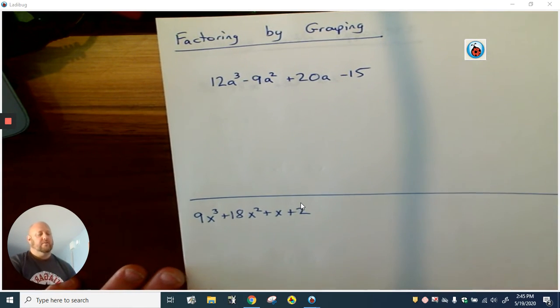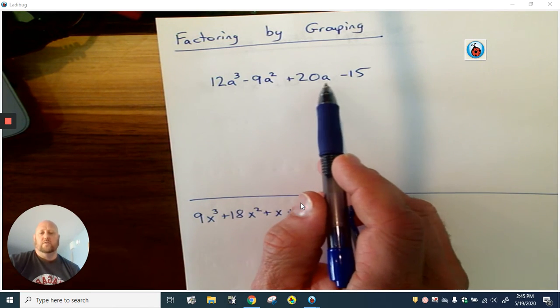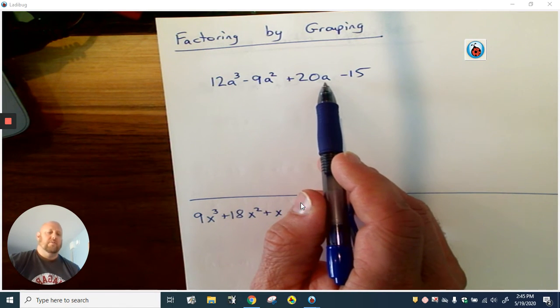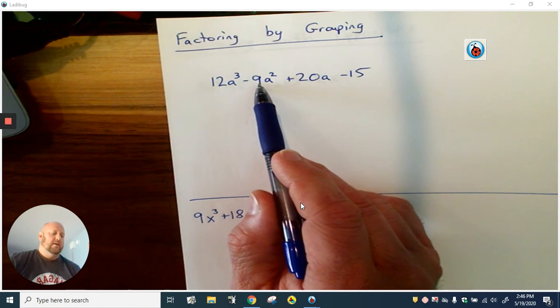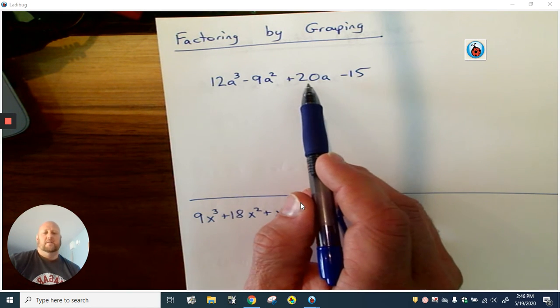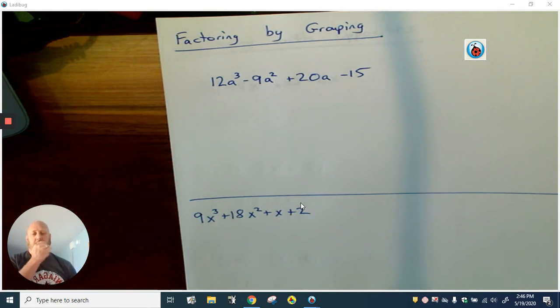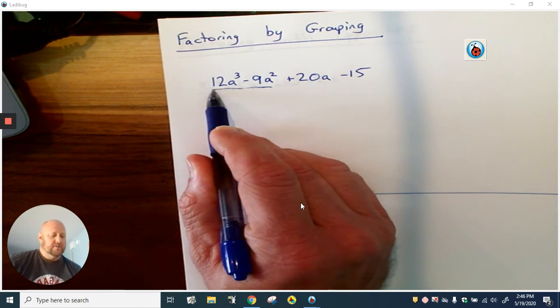We call it factor by grouping because the first thing we look to do is, can we divide all 4 of those terms by something? Well, you can divide by 3a, only 3 of the 4 have an a. You can divide that by 3, divide that by 3, that by 3, but that can't be divided by 3. And so there just is nothing you can divide them all by. But there is a lot in common with just these two,